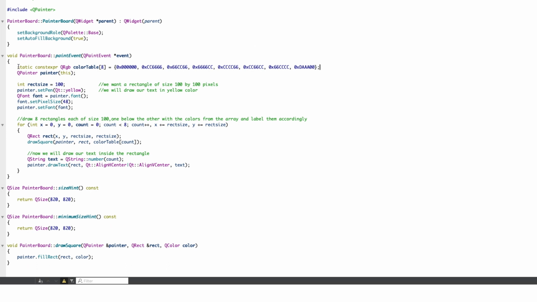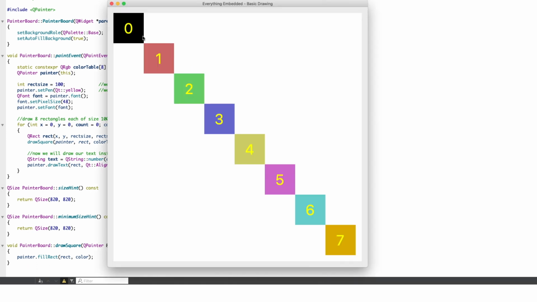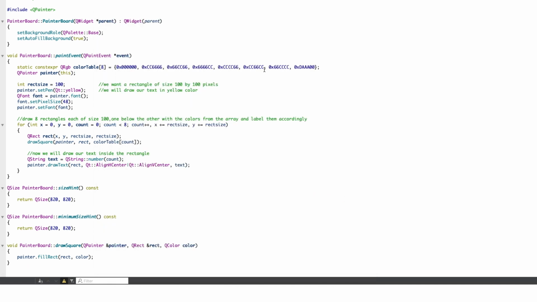Right, so I have defined arrays of different colors here. These are the various hex codes for the colors which are available on the internet and everywhere. You can just search for them and put the hex values here. The first one is black. As we see, all values are 0 here. So these colors, the black, the slightly reddish, the green, cyan, magenta, yellowish, and these kinds of colors have been defined in this color table.